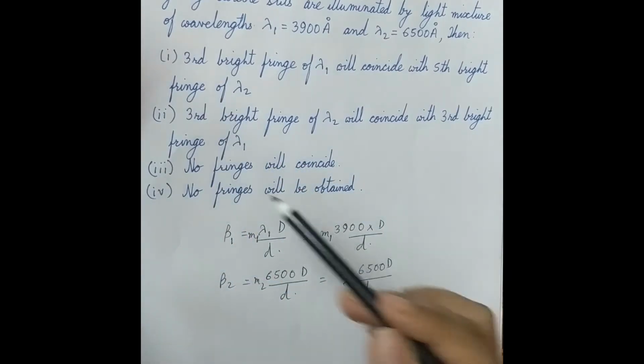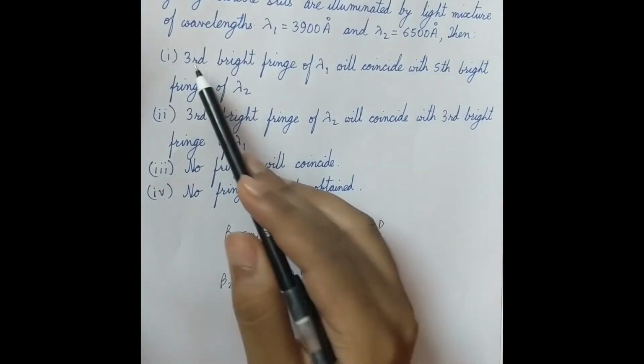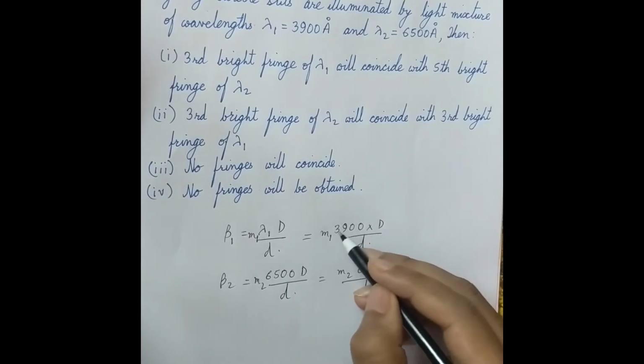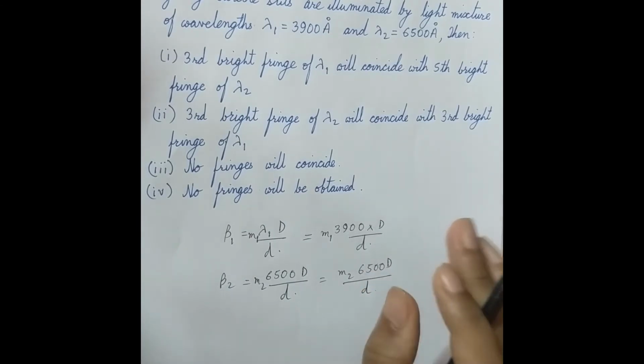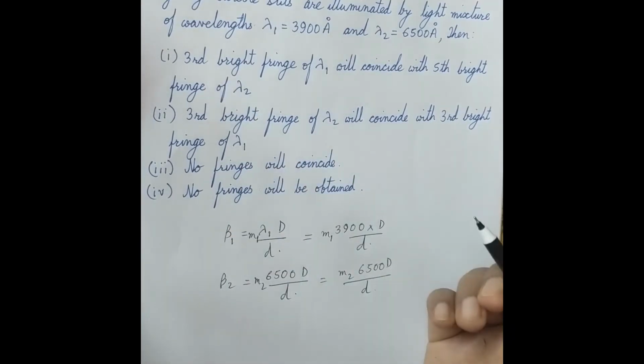If it is neither of the two, we know we have to go to the other two options. So let's try it with 3 and 5. If I go with lambda 1 m value as 3, that would take me to 3 into 3900, that is roughly 12,000 something, around 11,800. And for m2 with the fifth value, it would go to 6 into 5, that's in the range of 30-35. So the first option is not right.